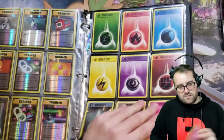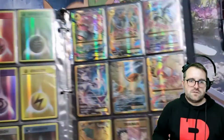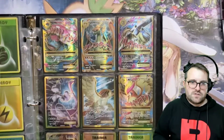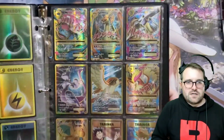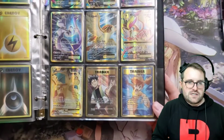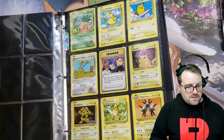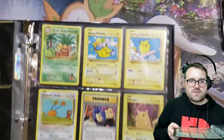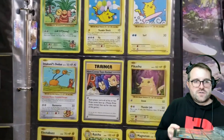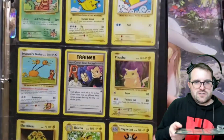Energies. Do I have all the reverse energies? I sure do. Probably had a second set of those as well. Here we go. Last page. Mega Venusaur, Mega Charizard, Mega Blastoise. 1, 2, 3. Right in a row. Kicking buns. We got our Mewtwo, our Pidgeot, our Mega Pidgeot, Dragonite, Brock's Gift, the Misty's Determination full art, and then we get our secret boys on the back. We got our Exeggutor, Flying Pikachu, Surfing Pikachu, Imakuni's Doduo, here comes Team Rocket, and then we have this Holo Pikachu, which I think that's from